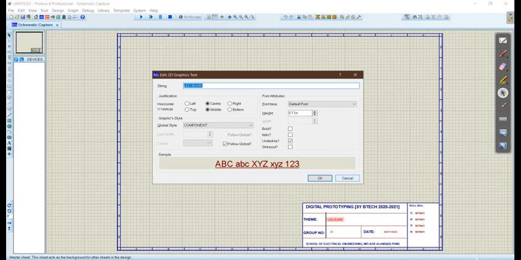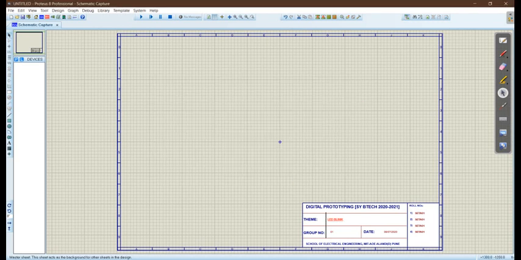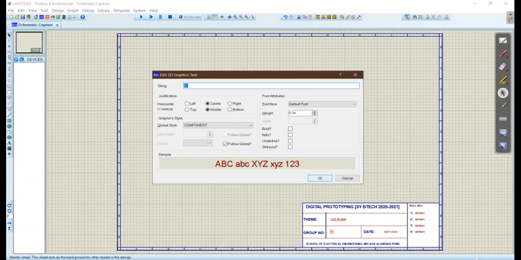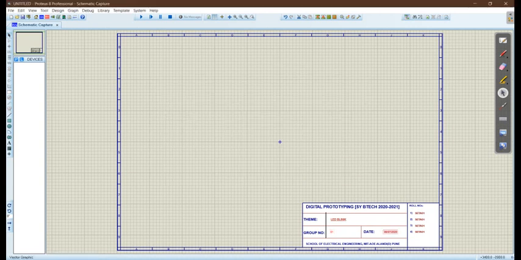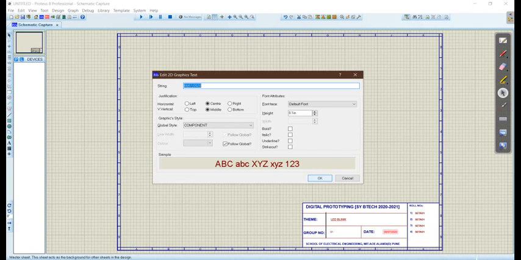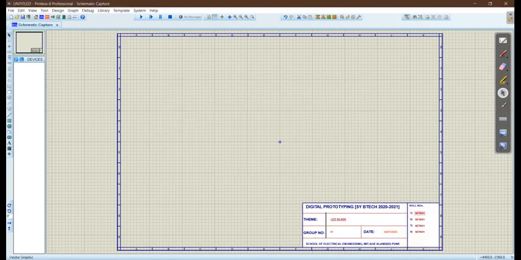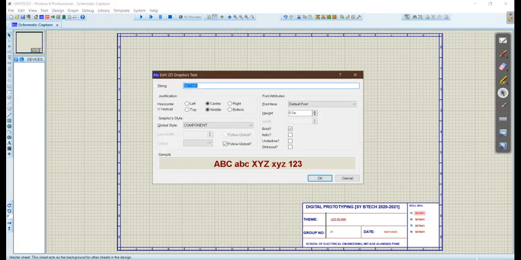Click on OK. Align it as per your requirement or as per the look. Then click on group number and edit it. Click on date and edit the date. Similarly, edit all these roll numbers. The roll number should be in full form.